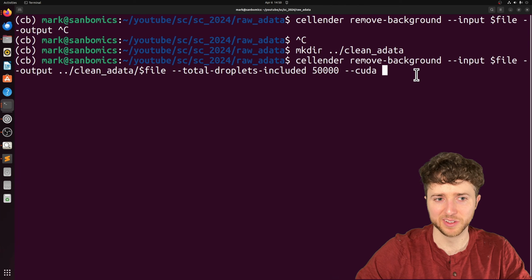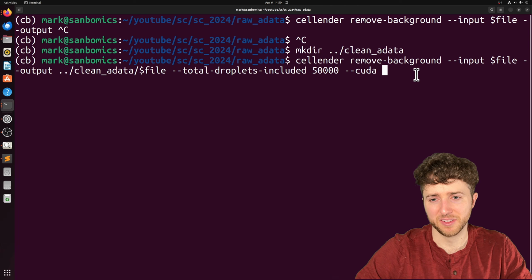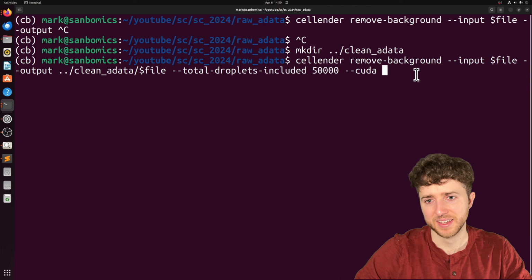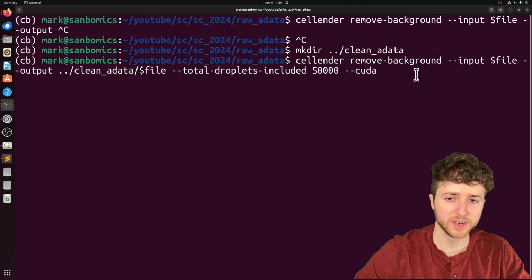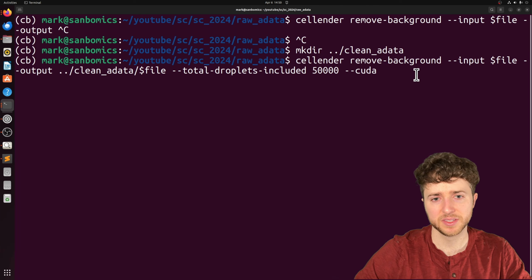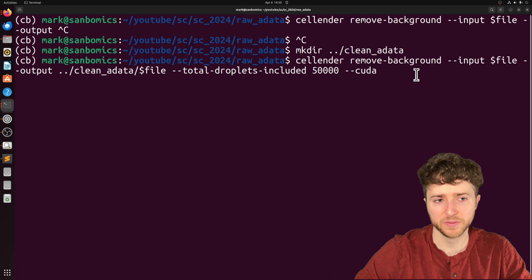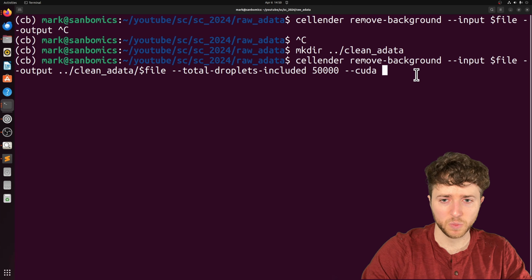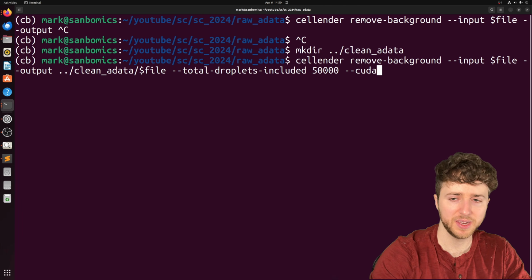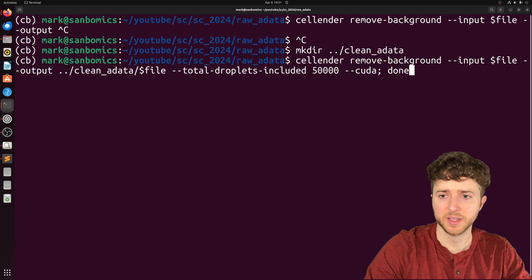I don't really know how long that'll take. CellBender already isn't the fastest. You might want to try my SoupX tutorial in place of this, just because SoupX is quite a bit faster. This is a lot simpler. We're going to do all of it in one line of code, but SoupX is faster. So this is how one file would look. We're going to make it into a loop.